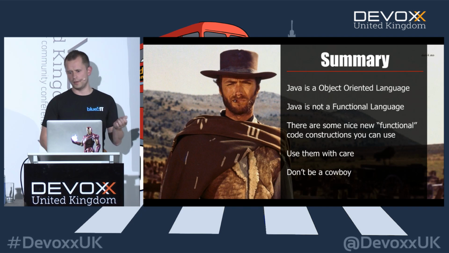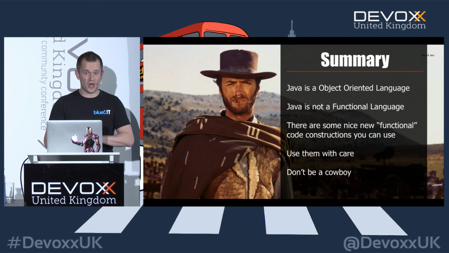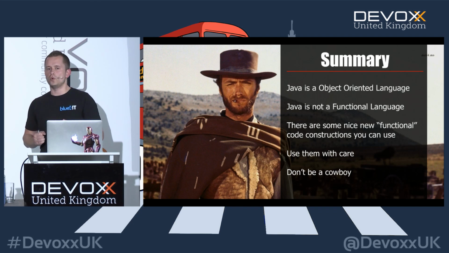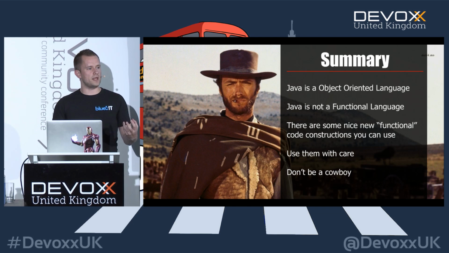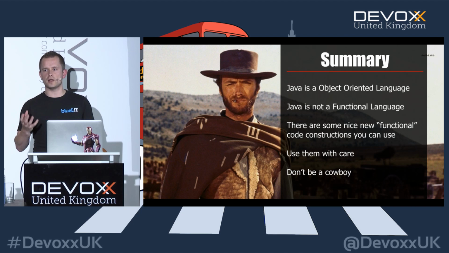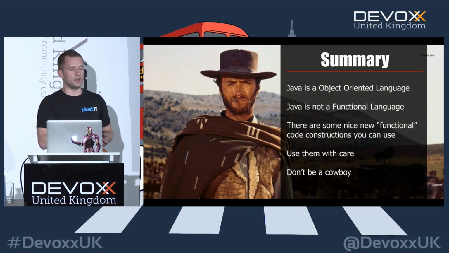So to sum this all up, Java is an object-oriented language. And Java will always be an object-oriented language. There's nothing wrong with that. They just added some features that give you a functional kind of way of programming. And you can work in a functional kind of way with objects. There's no problem with it. It's not like it's one or the other. You can intersect them.